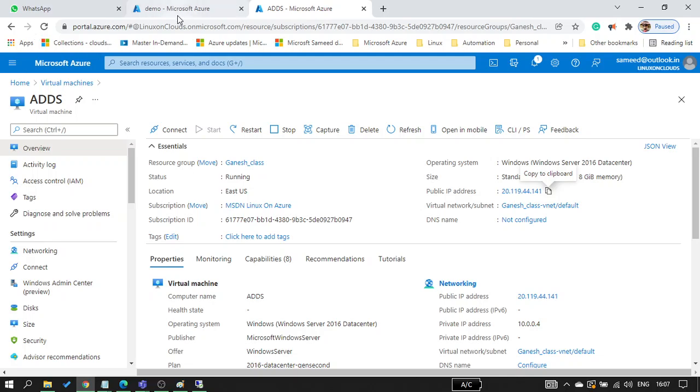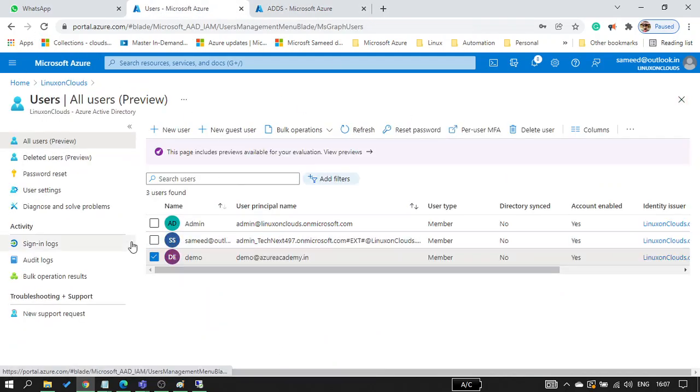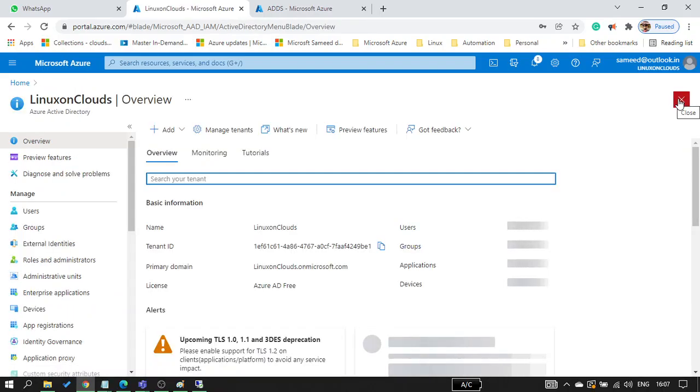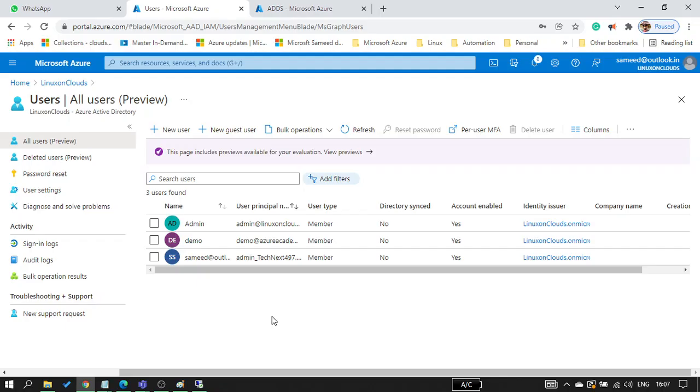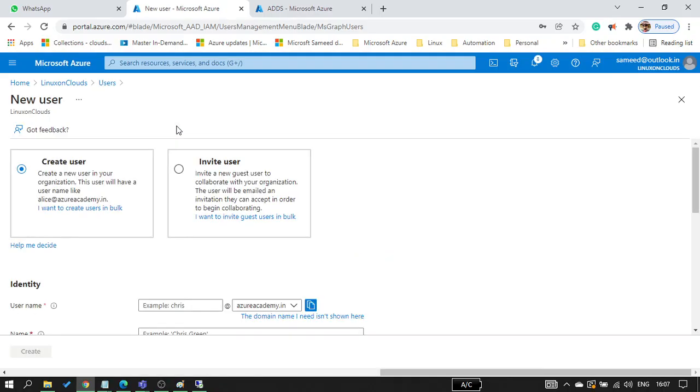All right. So what is security related stuff? We need to make sure that when users log in, they have multi-factor authentication. They are providing a username and password, so whenever they log in, they should get a challenge, or any kind of code mechanism which asks them to provide details. So let me create a user called Samit on azureacademy.com,